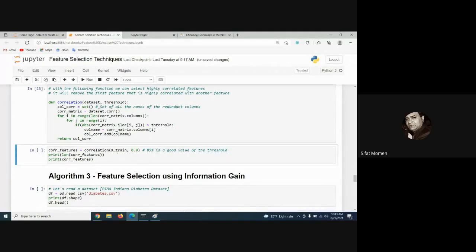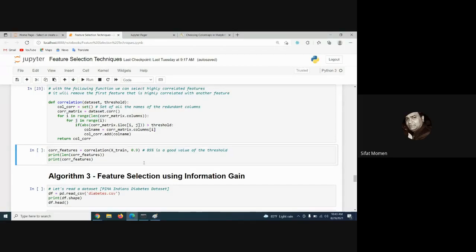And I'm going to supply two things, the data set, but I'm going to give the xtrain, the features only. And let's say 0.9 as the threshold correlation. 0.9 এর উপর is a very strong correlation. Now, এটা যে 0.9 রাখতে হবে তা কিন্তু না। You can keep it 0.9, 0.8, 0.85. Don't take it below 0.8. ঠিক আছে? Okay? So 0.8 পর্যন্ত থেকে রাখতে পারো, but 0.8 এর নিচে নামিও না।